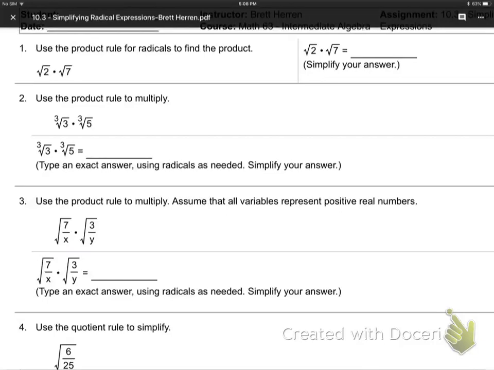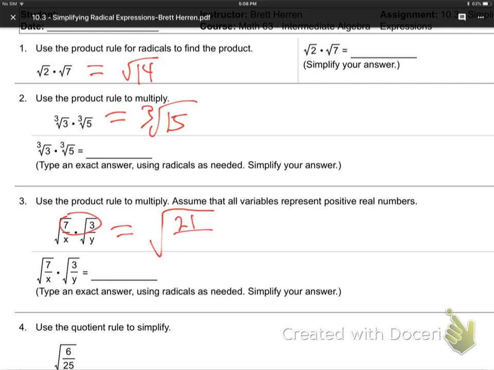Okay, so here we go in section 10.3. Multiplying square root of 2 times square root of 7, that's square root of 14. Here we're multiplying cube root of 3 times 5, that's cube root of 15. These are quick and easy. Next one, so the square root just multiplies 7 times 3 in the top, 21, x times y in the bottom,